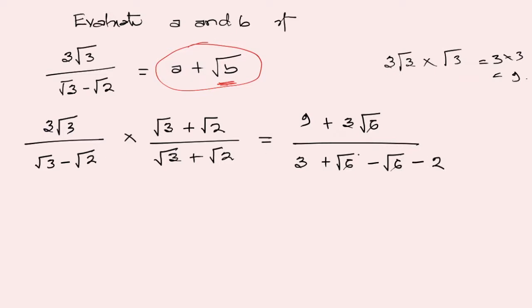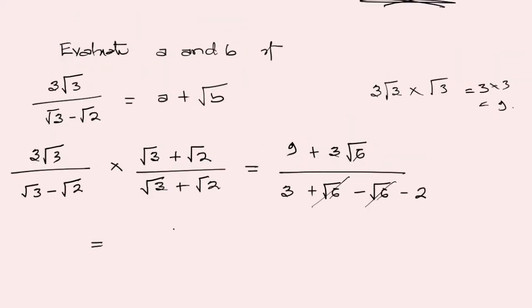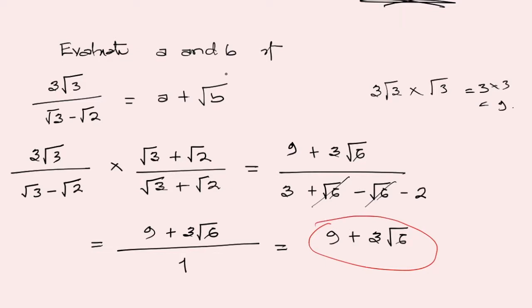And then we can see here that root 6 can cancel out root 6, because plus root 6 minus root 6 is equal to 0. So we can write this expression as 9 plus 3 root 6 over 3 minus 2, which is equal to 1. So this is equal to 9 plus 3 root 6. But this is not exactly in the form we were given in the first place, because we can see that this is definitely not this. So what we're required to do is to express this term as a single surd term under